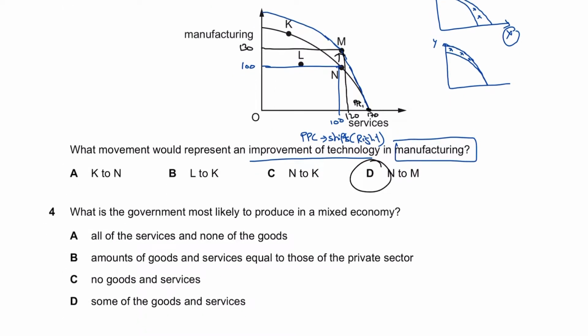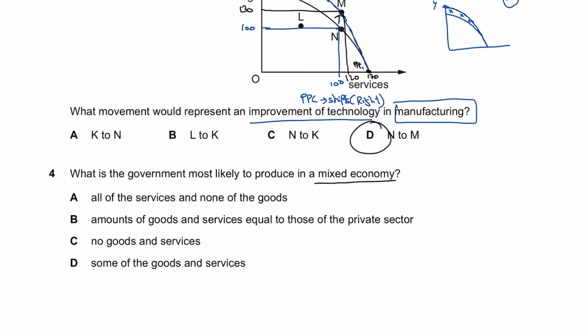What is the government most likely to produce in a mixed economic system? A mixed economic system is a system where both the private and the public sector are allocating resources simultaneously, and both are responsible for decision making in the business in terms of allocating resources, like what, how, and for whom to produce. And in a mixed economic system, the government can intervene to reduce or regulate market failure. So the answer to question number 4 should be D for David,